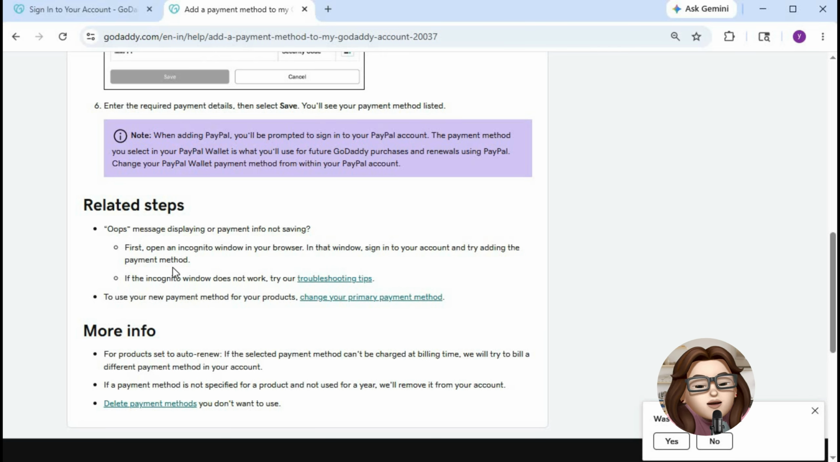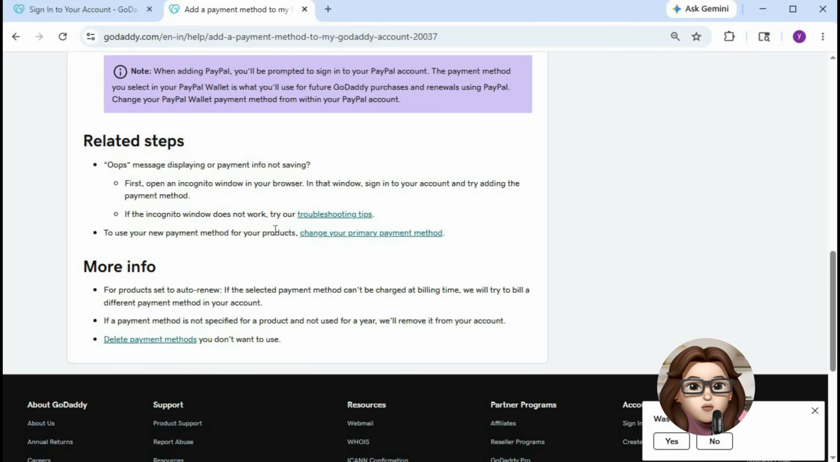After reviewing the details, click Save, Add, or Confirm depending on the page layout. Godaddy may ask you to complete an additional verification step for security purposes. Once the process is complete, you should see a confirmation message showing that your payment method has been successfully added